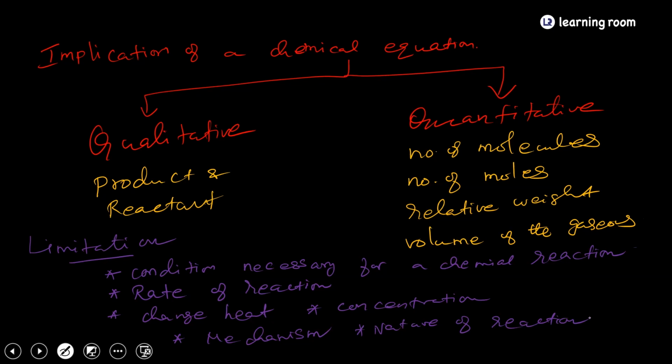Sir, so reversible is physical change, irreversible is... No. For a chemical reaction, reversible and irreversible both take place. For example, if you take hydrogen gas reacting with iodine, it will give hydrogen iodide. But that hydrogen iodide's stability is very low compared to hydrogen and iodine. So it may give back hydrogen and iodine.